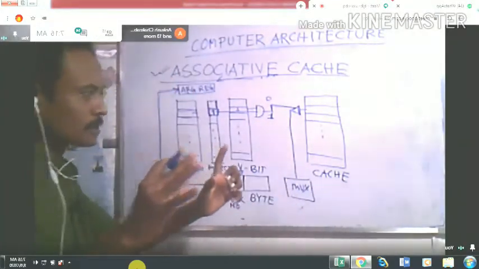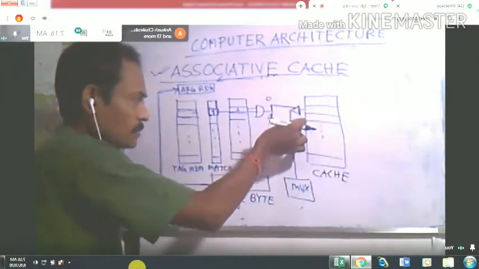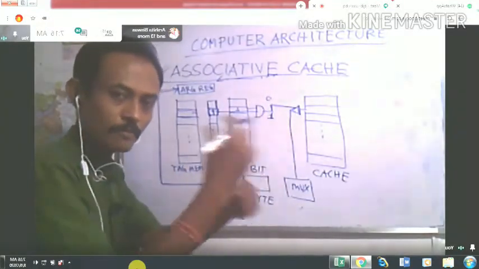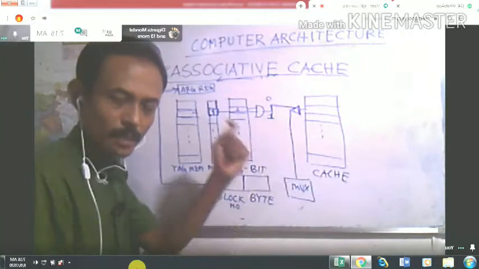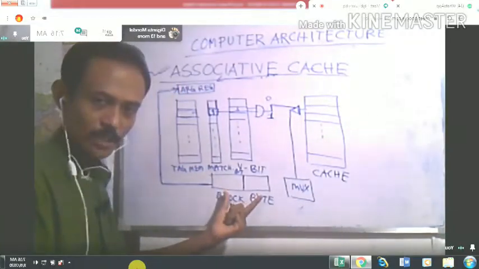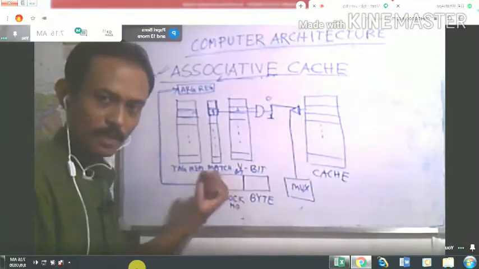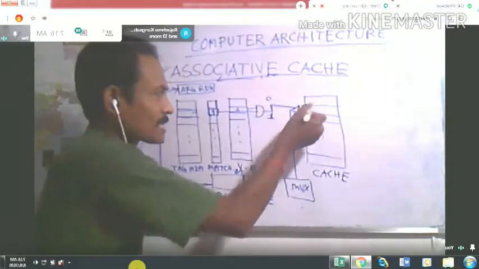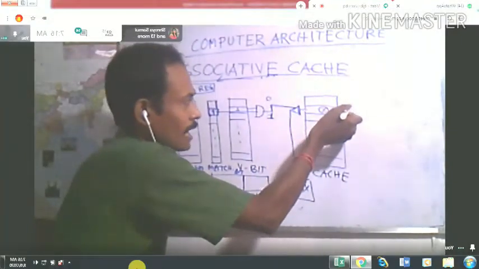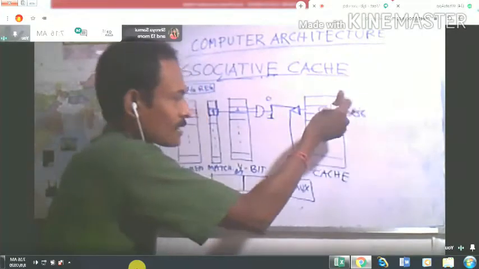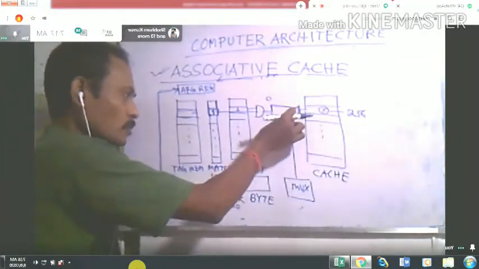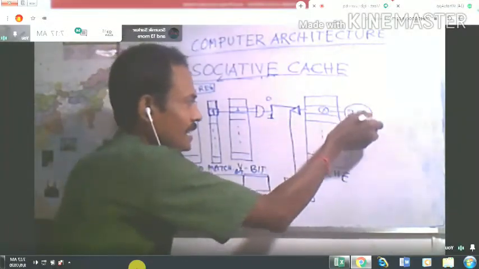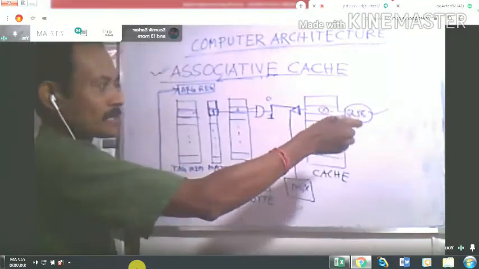So we know the concept of the multiplexer. Within this multiplexer, multiple values can come, and you have a select line. According to the select line, among those different values, one value will be selected. So this is the address generated by the CPU. Now this address will be for a particular word, and that particular word is present in this particular block. Within this block, how many words are there? 256 words are there. So when the whole 256 words are placed in the multiplexer, your address will be any one of these 256 words.